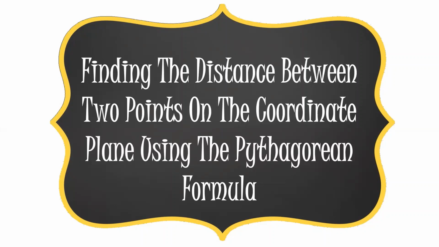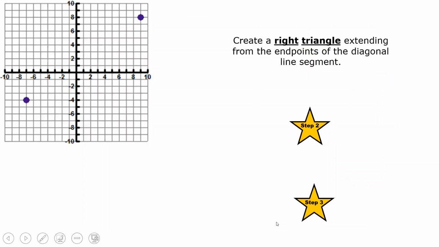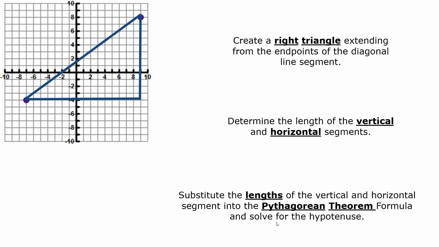Finding the distance between 2 points on the coordinate plane using the Pythagorean formula. Step 1. Create a right triangle extending from the end points of the diagonal line segment. Step 2. Determine the length of the vertical and the horizontal segments. Step 3. Substitute the lengths of the vertical and horizontal segment into the Pythagorean theorem formula and solve for the